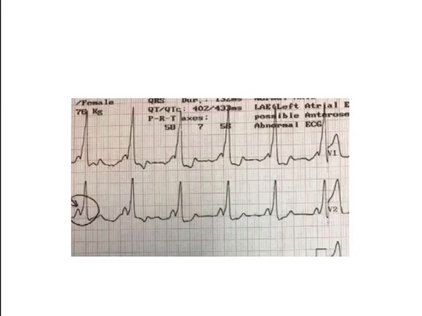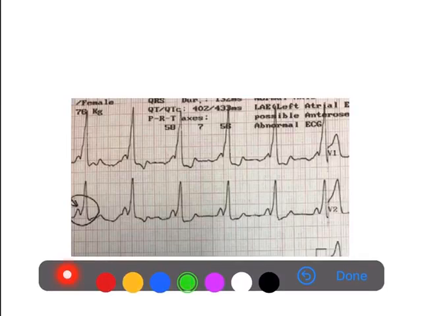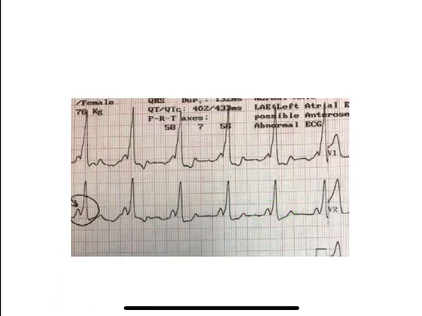Okay, so there is an example for an ECG. Here you can see, as we have drawn already, the PR interval is much smaller. Okay, it is almost half of a small box, nearly 20 milliseconds, followed by, you can see, the slurring of the QRS complex producing a delta wave. Okay, so this is a typical example for a WPW syndrome.